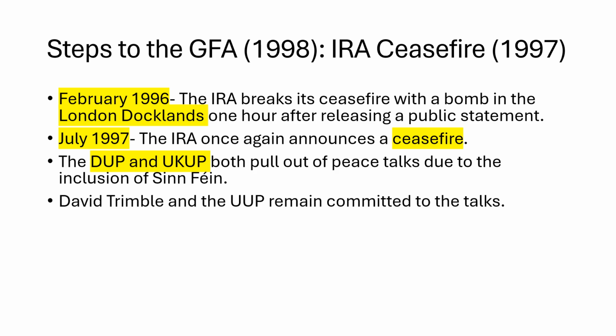Now you've got the biggest Republican party, Sinn Féin, the more hardline nationalist party, involved. You have the biggest nationalist party, the SDLP, involved, and you have the biggest unionist party, the UUP, involved. And that helps to push these negotiations forward because, as we know, Sinn Féin was and is the political wing